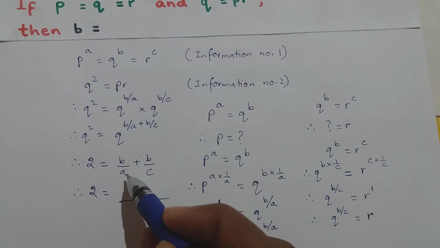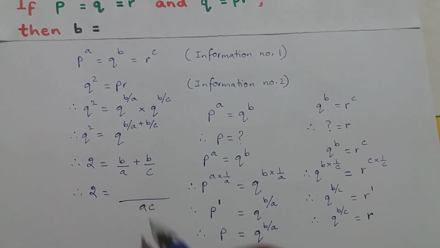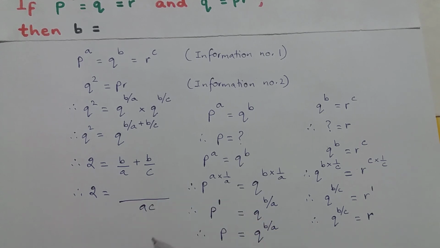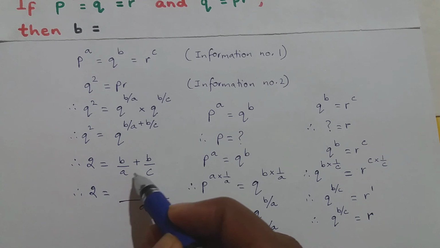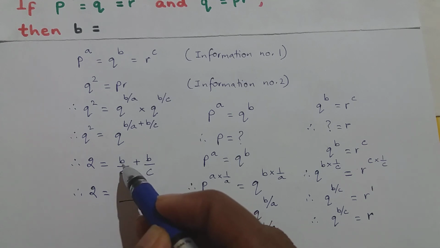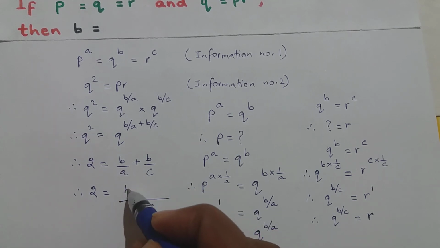So a into c is AC, and since I am multiplying the denominator with c, I will multiply the numerator also with c. So b into c is BC. So in the numerator I will write BC